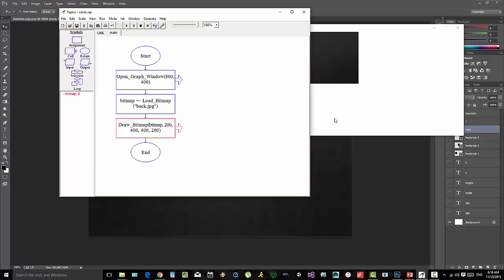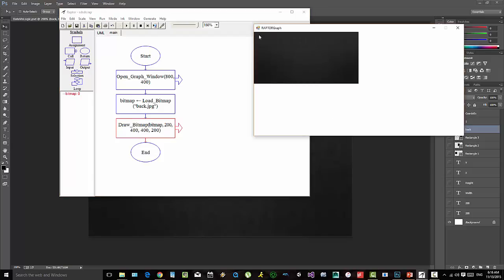Alright, so for Y, remember we're talking about the upper left-hand corner. It's kind of hard to think of it that way, but it is what it is. The origin, most people like to think of it as the upper left when you're talking about things like this Raptor graph, but it's just a little bit weird sometimes. Alright, anyway, so if we're thinking about the Y,